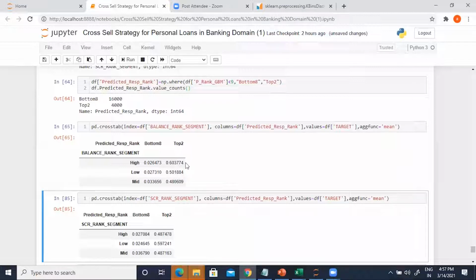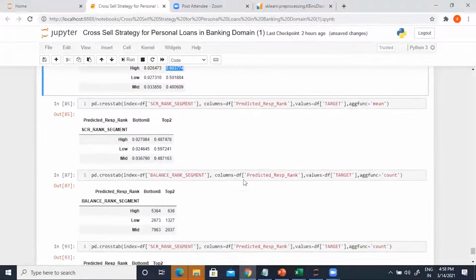Yes. So the model has actually been able to find a group of customers within the high balance segment in which there is 5 times more chance of success. That is the story. That is how you will articulate it in your interviews. The outcome of your model is that you've been able to find a high value segment of customers in which the chance of success is 5 times more than the average. You see the story, guys? Yes. This is the story.